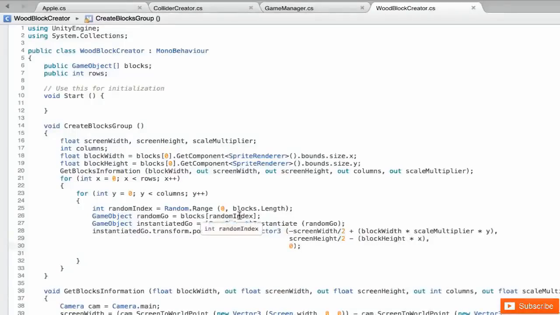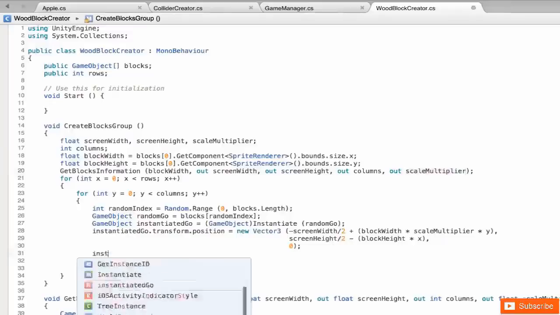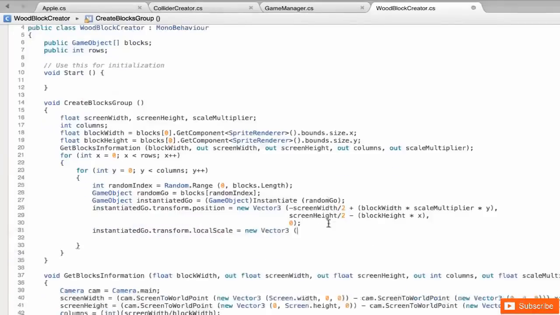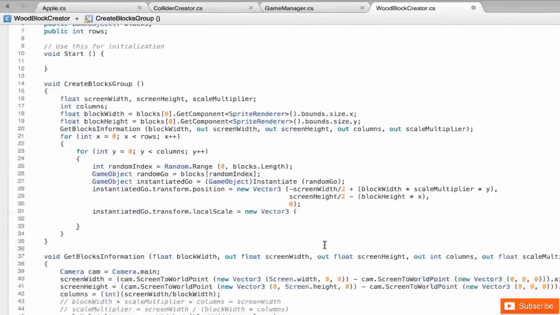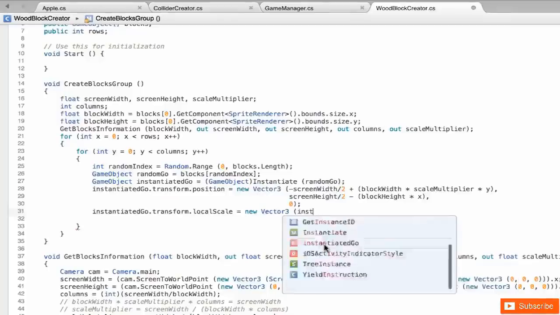We need to take into consideration that we are possibly changing the scale of this element. And this is given by this scale multiplier. So we need to change the scale of this element. So the instantiated geo.transform.localScale will also receive a new vector 3. And for x, we want to change its width. So it's going to be whatever the value it is right now,